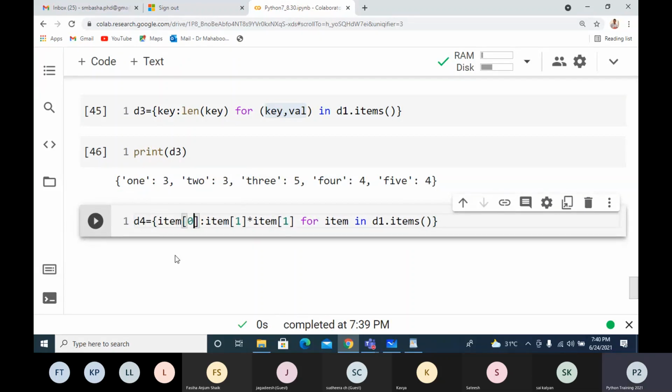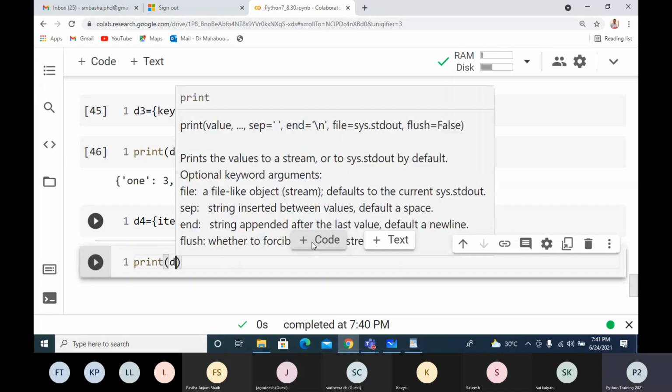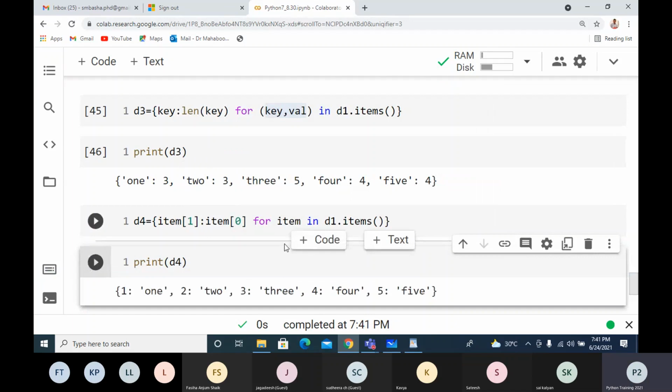What I can do is item 1 here and item 0 here. So I'm replacing key with value, value with key. I'll execute this. So I'm interchanging key and value. Now print D4. You can see it is now digits first, then corresponding words. So this is the simple way you can interchange the key value pair, key with value, value with key.